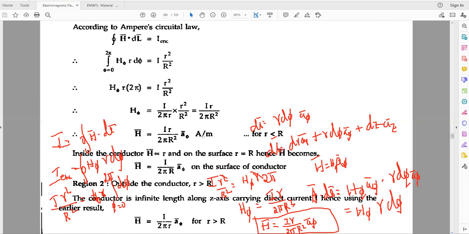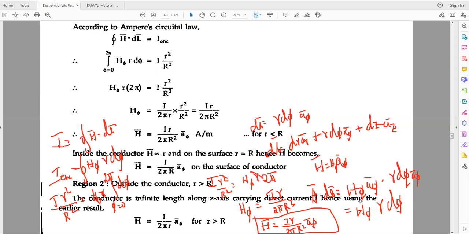But inside the conductor, H bar is proportional to the r, and on the surface r is equal to R, hence H bar is equal to I by 2 pi R. When it is H bar is proportional to the r, and that r is also equal to R,